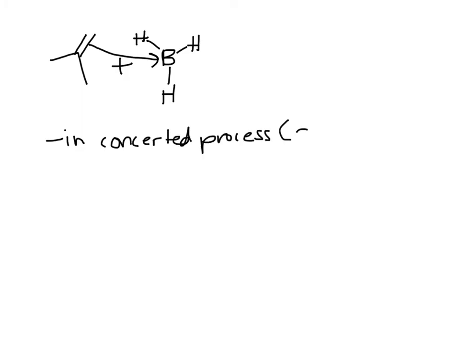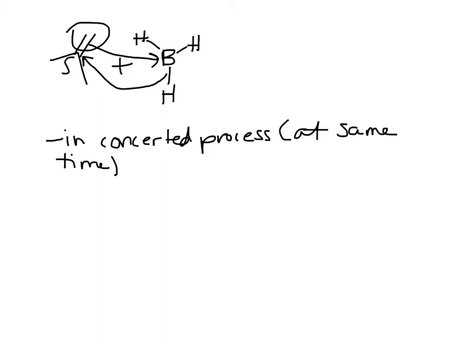So what this means is that at the same time that the alkene is attacking the electrophile, the hydrogen can add to the alkene because we have a partial positive charge there. This results in the following intermediate, where we have a partial bond between this vinyl carbon and the boron,